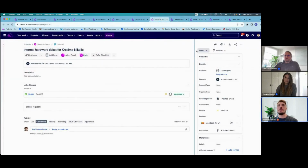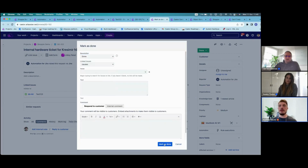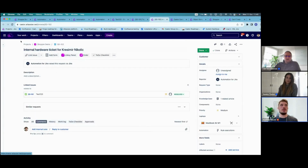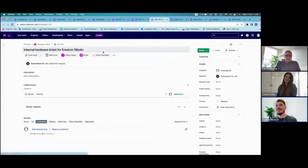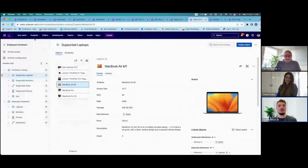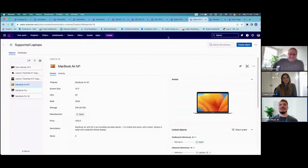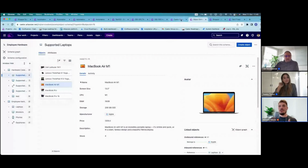And let's say this laptop is in use at the moment, so I'm still working, and for some reason I am either choosing a new laptop or I'm leaving the company, and an agent closes the issue, let's say puts it to done. So ideally, I'm not an automation expert, so let's hope this works well. Ideally, this stock attribute should go up by 1. Okay, it worked great. And this is basically an offboarding use case as well, or if you're changing your laptop or device hardware,